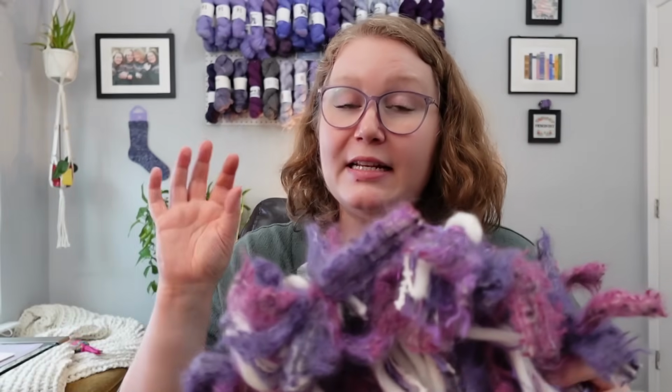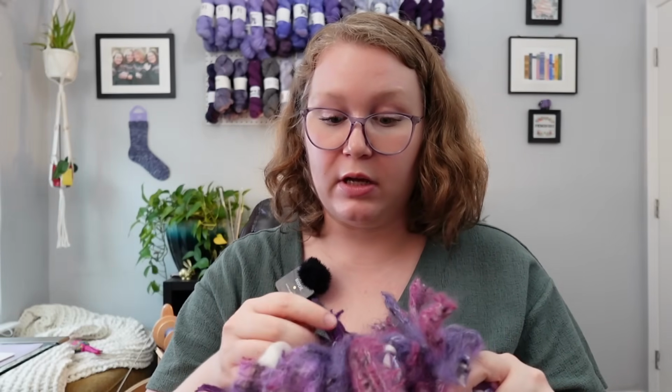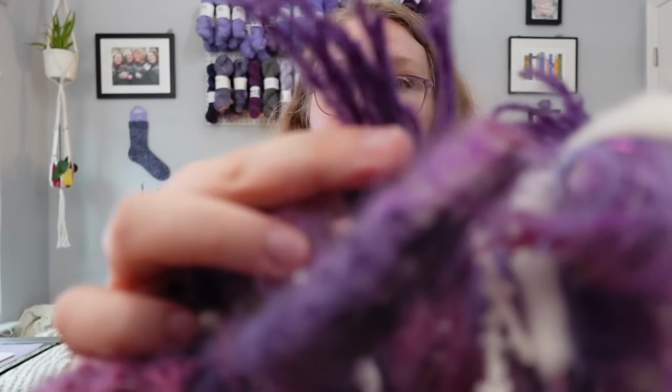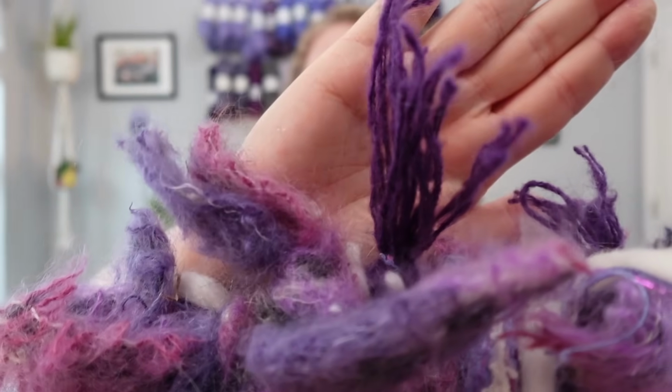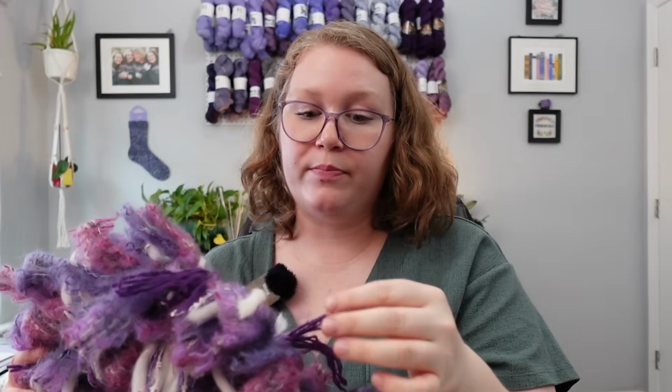But I did have a small ball of Treehouse Knits Truffula Cashmere in the chrysanthemum color, which is this dark purple color. This is from her Autumn Tonals in 2023. And I just had a little ball wound up on my desk because many, many months ago I swatched this, held double. Never moved forward with the swatch or casting anything on,